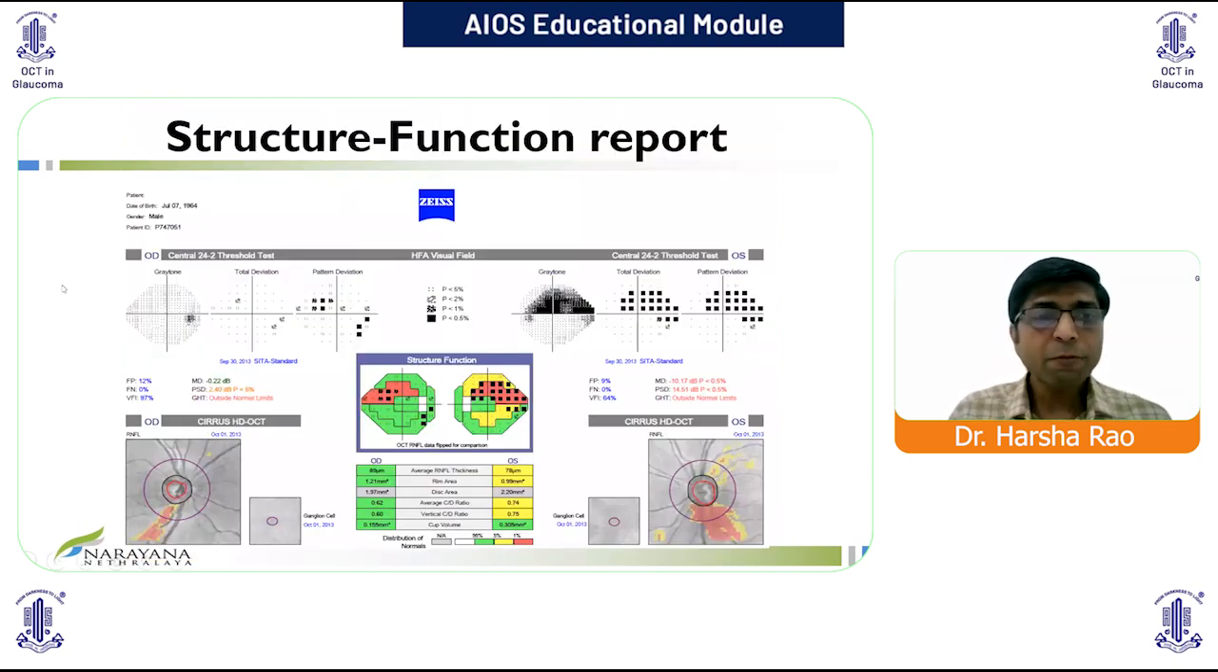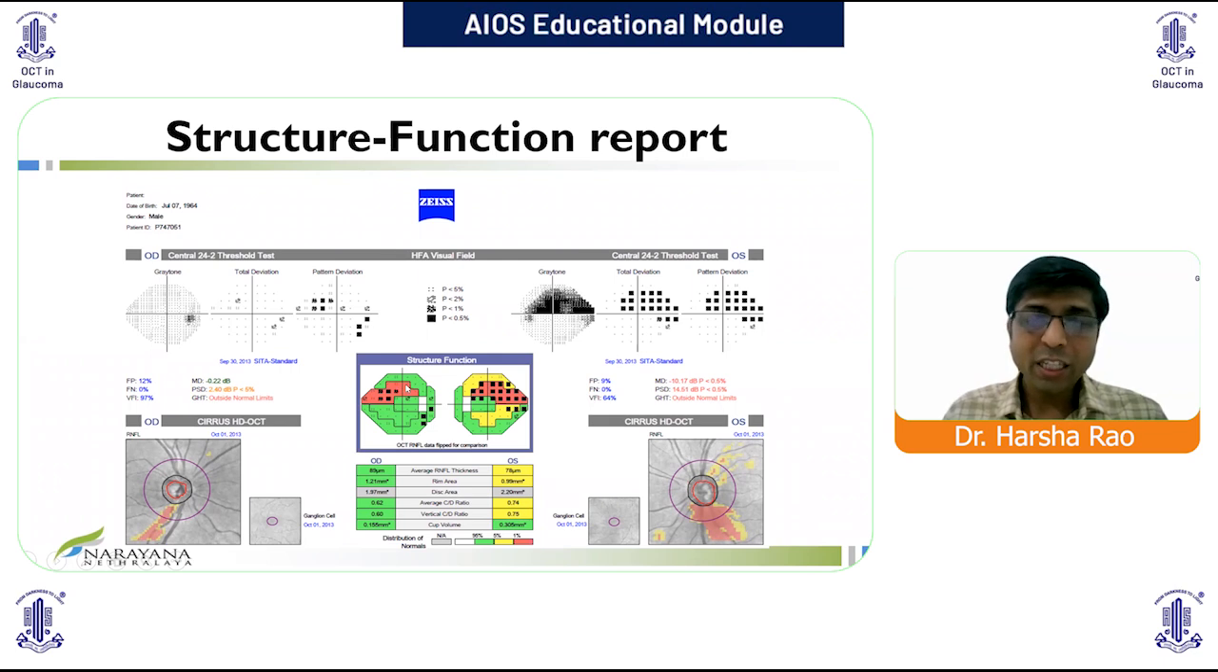Here I've used the structure function report available on this Cirrus OCT, not only to show the defects on the RNFL, which is shown in the inferior RNFL thinning here and a broader area of inferior RNFL thinning on the left eye, but this also superimposes the region of the RNFL thinning with the corresponding mirror image sector of the visual field in the structure function maps here. So here on the right eye, we see that the region of RNFL thinning matches very well with the region of the visual field defect on the visual field,